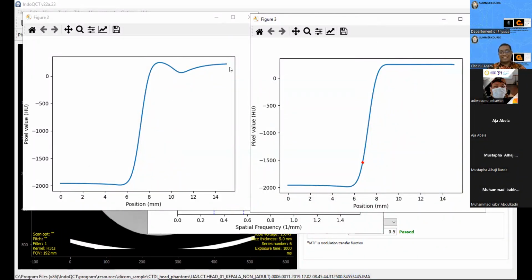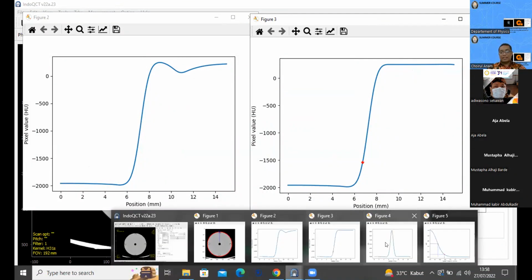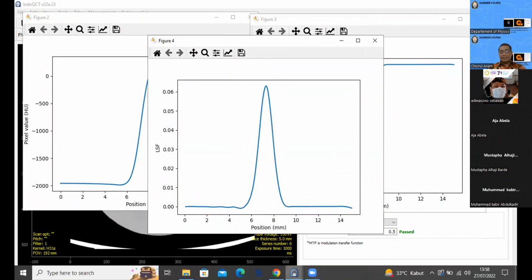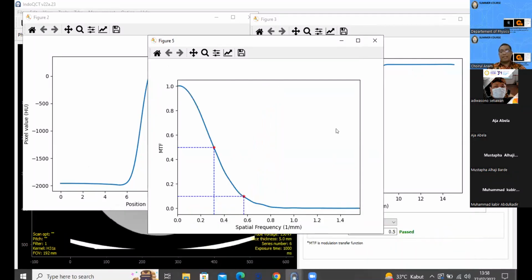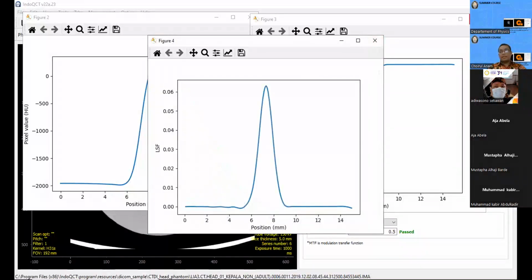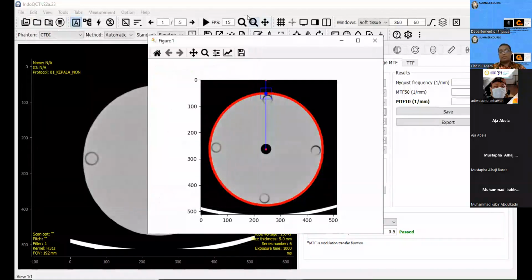Then we calculate the LSF, a very good LSF, and we get the MTF, very good. The result is also almost 0.6. So using tail replacement is very good for overcoming the inhomogeneity within the phantom.